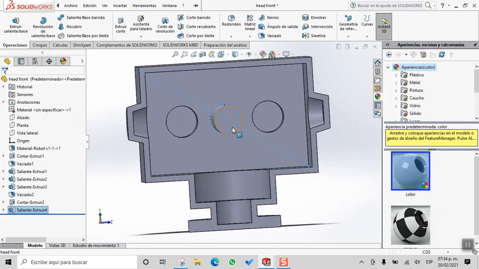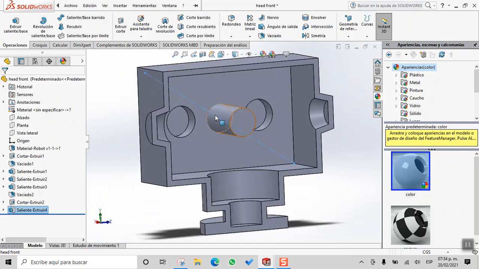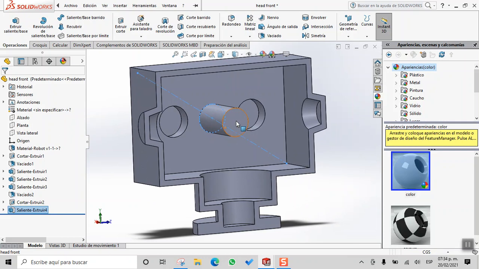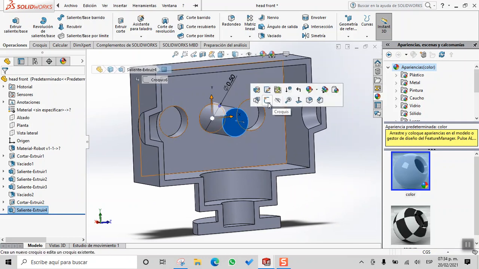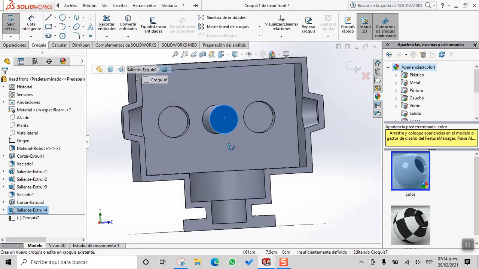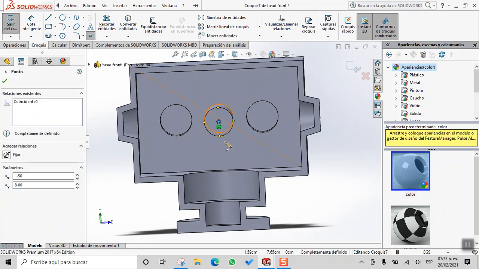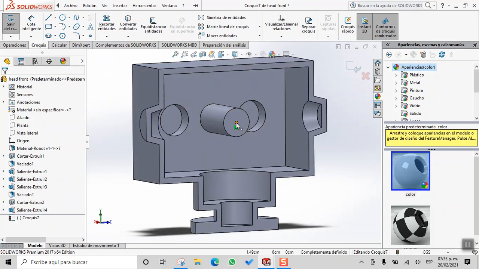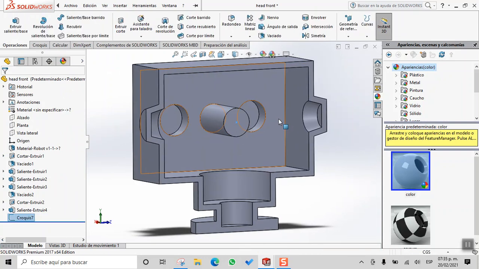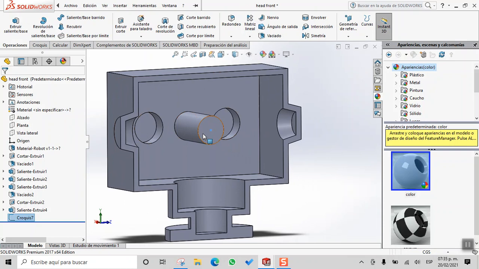Now we want to add a hole here, and this hole will allow us to set the hole for the screw. Okay, so we click here and maybe we would need to add a center point. So we will add a point right there. So we will use this point later to add the hole. Okay, so we have here an assistant for drilling,